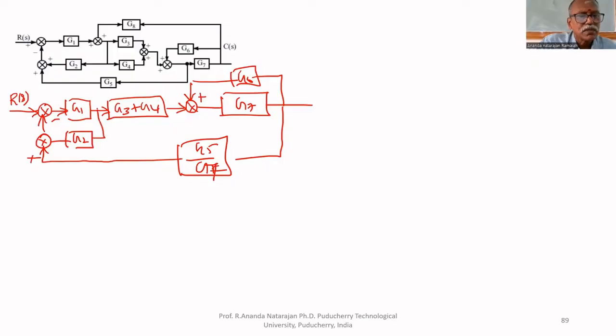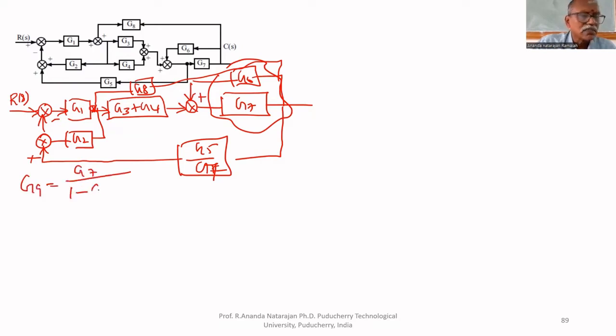G2, that is coming from here. One summing junction is there. G8. That's all. Therefore, G9 equal to, now this can be simplified. G9 equal to G7 upon 1 minus G6 G7. Therefore, this can be written as